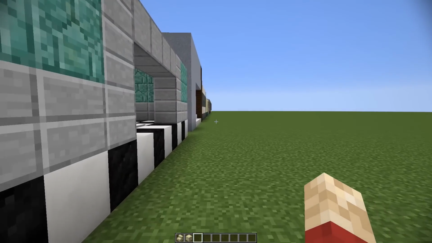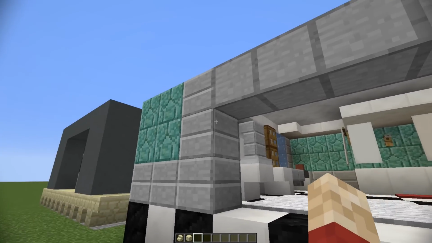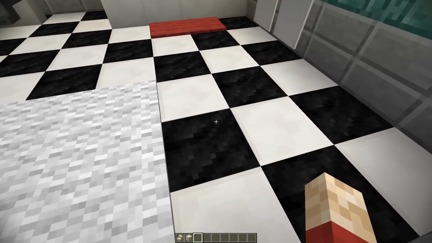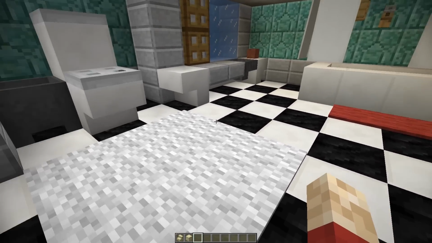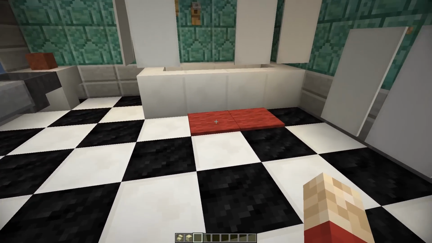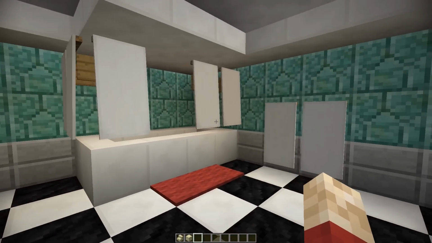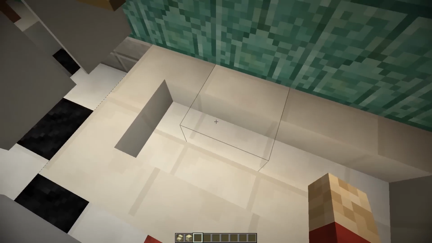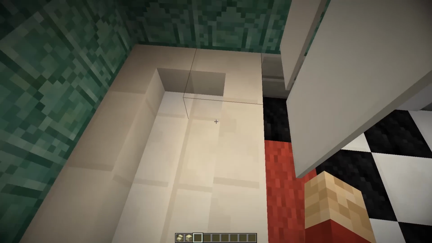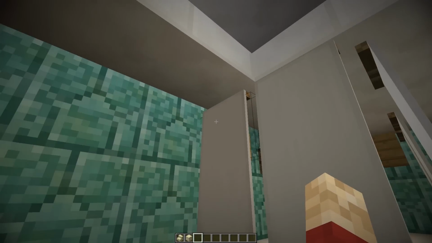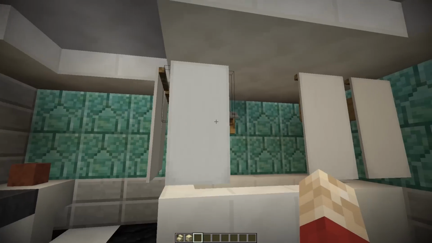So next up we have a rather odd design, but some things that you would see quite common in a bathroom, such as the black and white checkered floor. I'm not sure when that arose, but it is quite an older design. So we've also got a bath mat just outside the bath with a few techniques that I do want to point out. If you don't know how to make these, it is just a staircase block, a quartz one, placed in a tub shape. And then you've got, of course, the bath curtain, which you saw in the previous design,